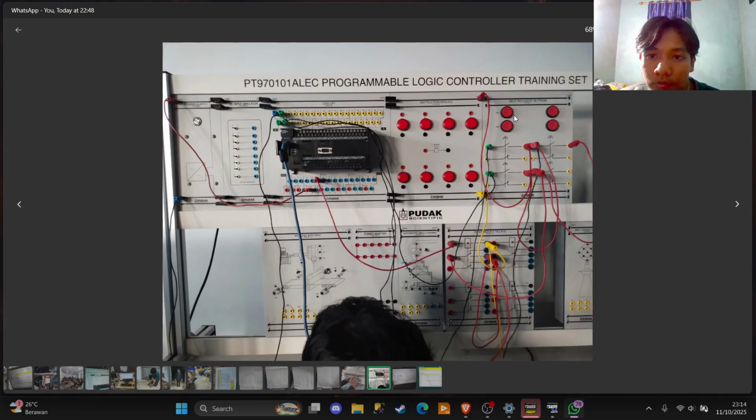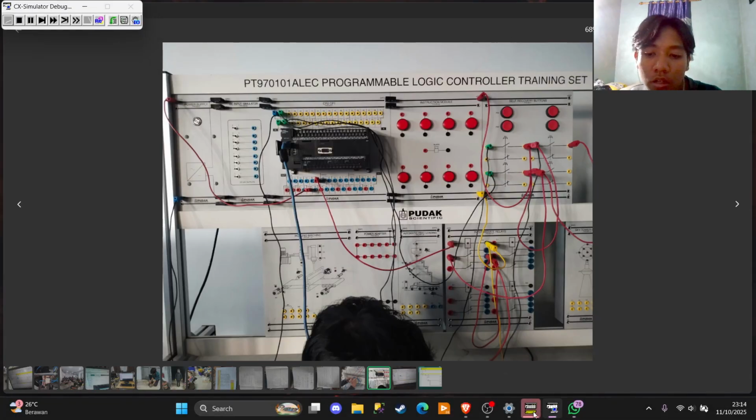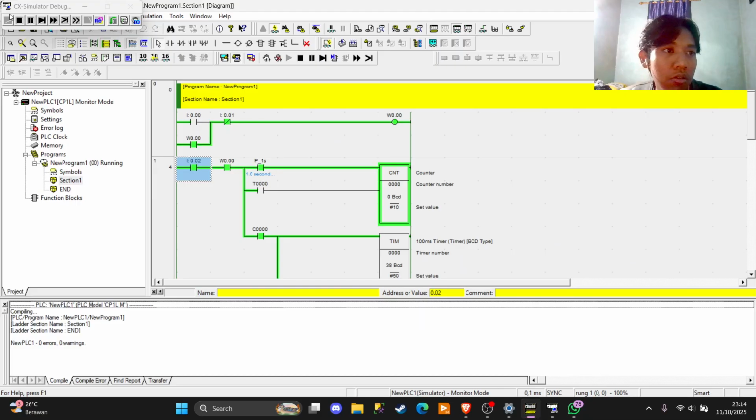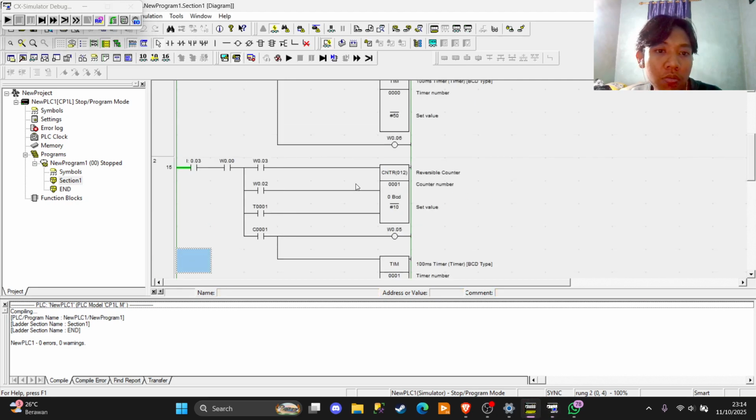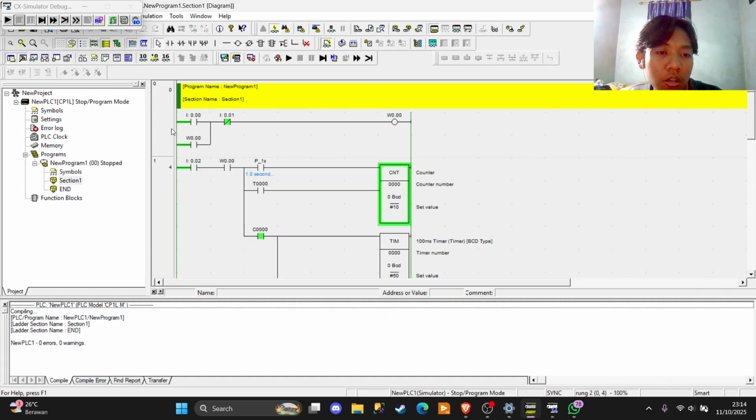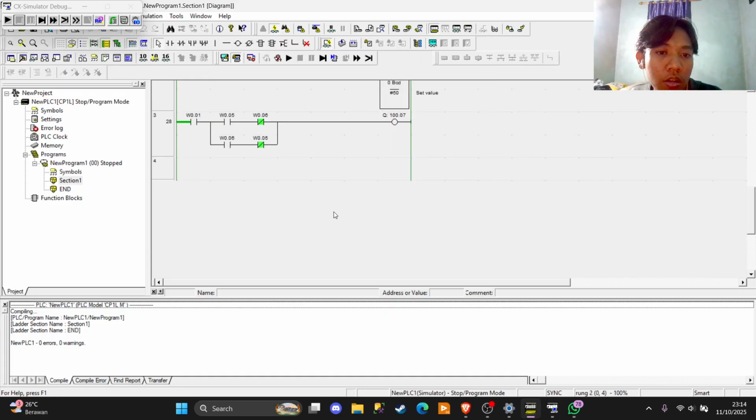After that, we can push the button and the system will go on. And then we put the output, like Q, in here. Forget to close this program. This Q here is the output from all of this stuff.